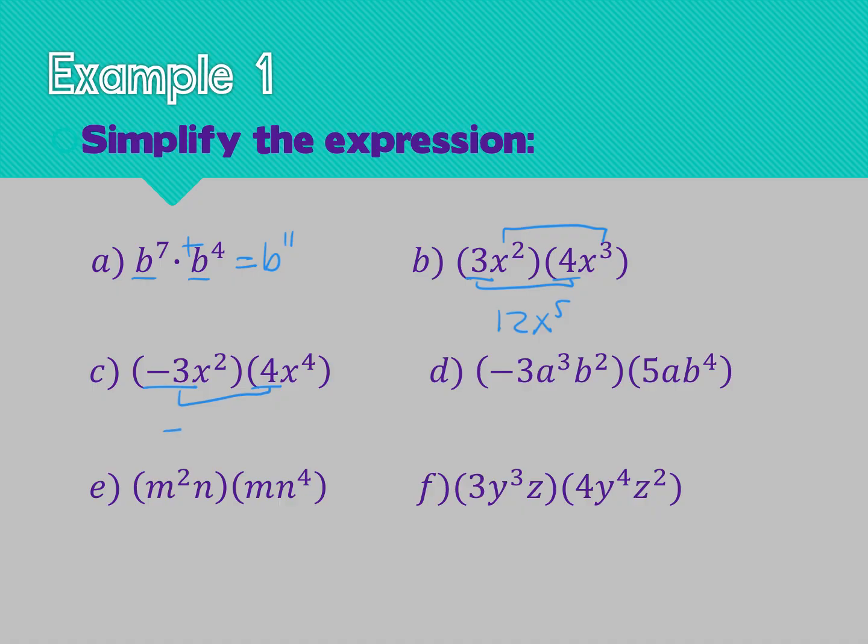Negative 3 times 4 is going to get me negative 12. X times the x to the 2nd and x to the 4th. Multiplying with the same base, you add those exponents. Right? Now,